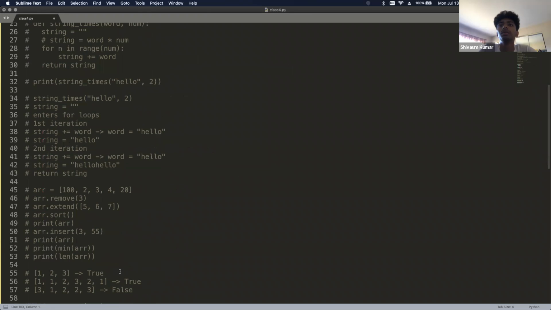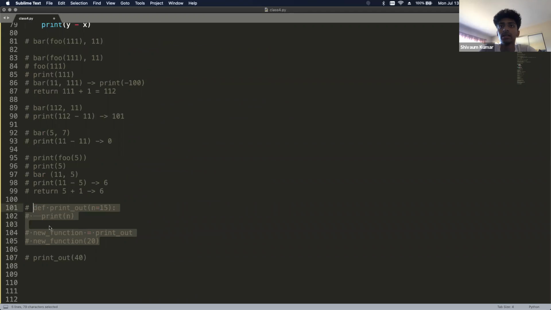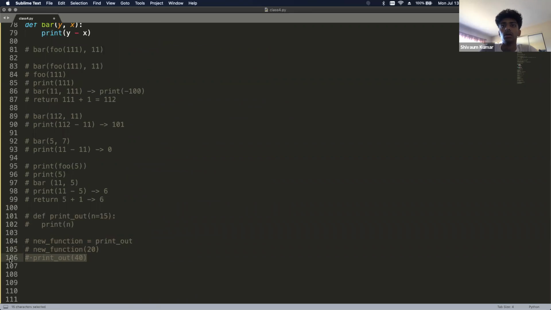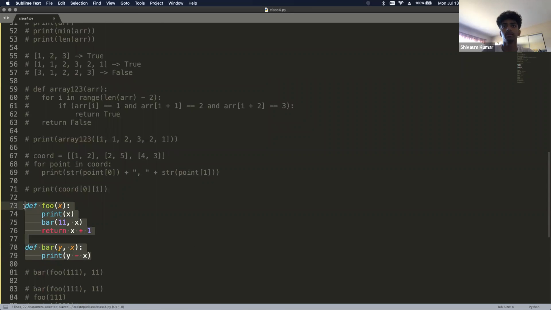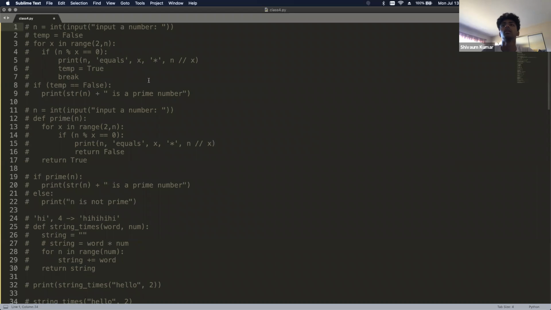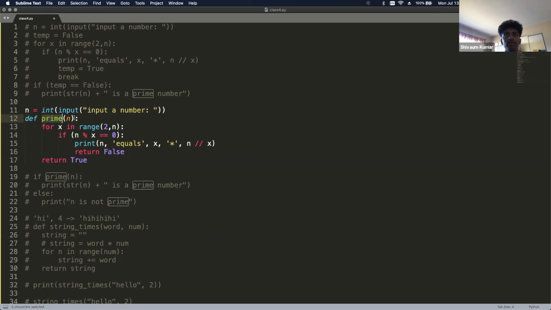So I'll just quickly review everything that we went through today. We'll start out at the top. You guys went over this last time, so I won't go into that again. But here we started out with functions. We took a user input and then defined a function called prime. Remember, you use def to define a function. It means define in Python, and then the name of your function, and then whatever parameters you need, and then this colon. Then you can use this for loop and this if statement.